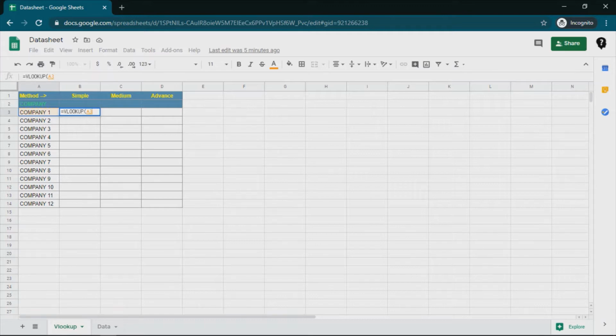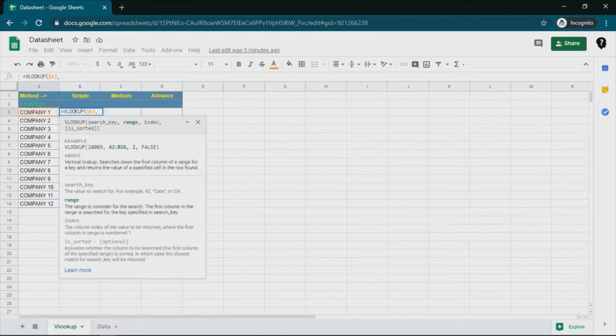So what I'll do is I'll put a dollar sign. Either I can manually put a dollar sign by navigating the cursor, or I simply click the F4 key multiple times. So once, it has made it completely static. A dollar $3 means my A column is movable, however the row 3 number is static. Again I press F4. Now my A column is static and the row number will vary. Okay, comma. Here I need to specify the range.